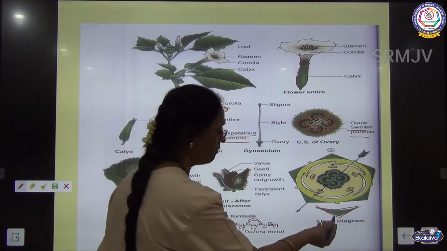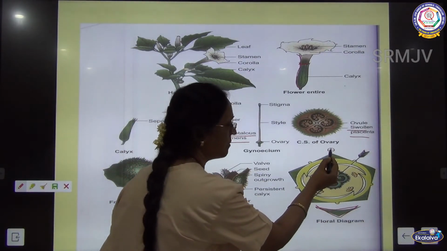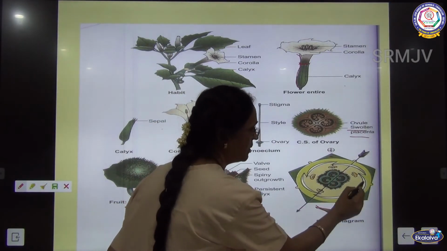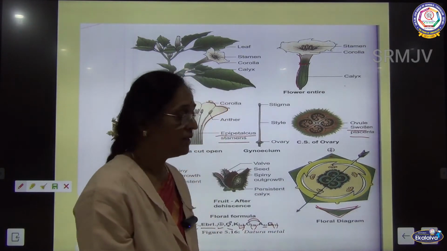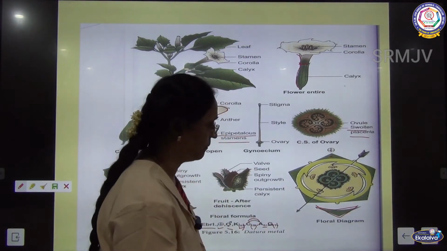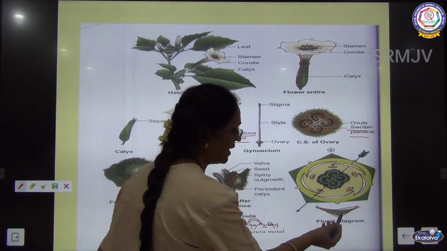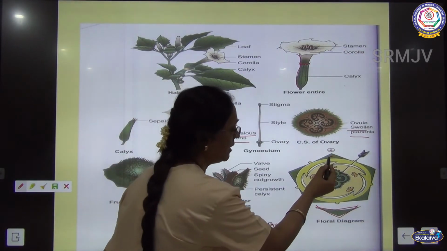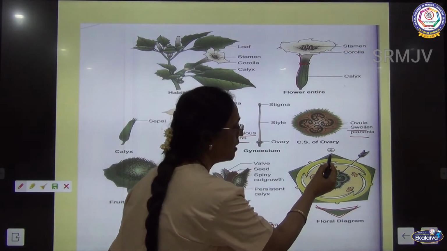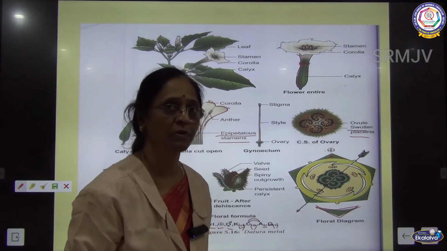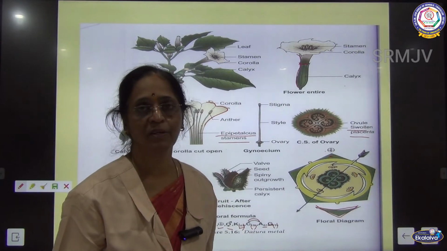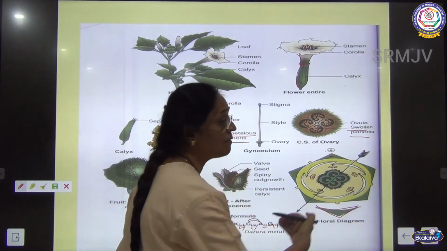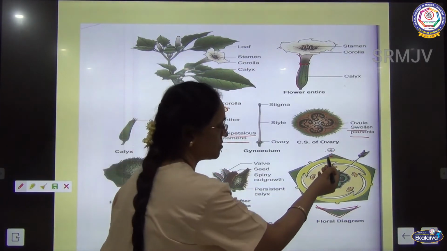So, if you see the floral diagram, you will find this is the mother axis, and this is the outer whorl, the sepal, this is the inner whorl, corolla, androecium and gynoecium. So, bracteate, so we have drawn bract, no bracteole, so it is an ebracteolate flower, and you will find that this is the odd sepal. The odd sepal is posterior in position. In the previous families what we have studied, the odd sepal is anterior in position, that is, it is away from the mother axis, but here it is posterior in position.